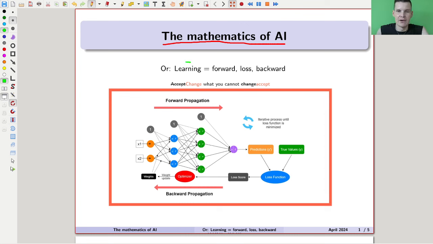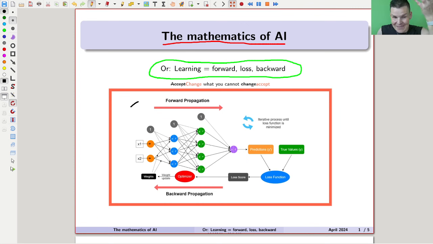And this whole idea of learning that I have in mind, or my picture of how AI learning works, and maybe learning in general, is this: forward, loss, backward; forward, loss, backward; forward, loss, backward. We'll see that several times. Forward, loss, backward. The idea is essentially that learning should be a forward